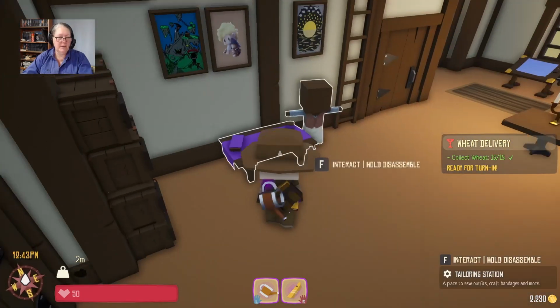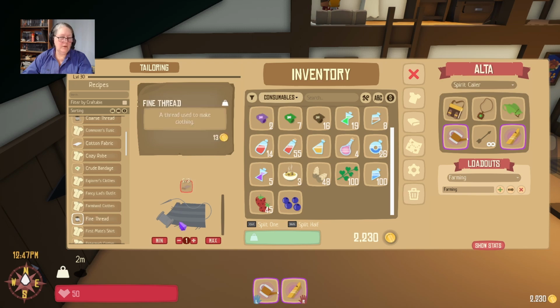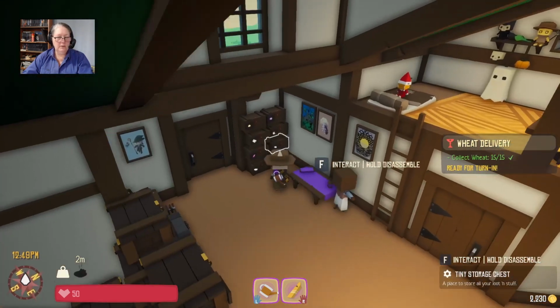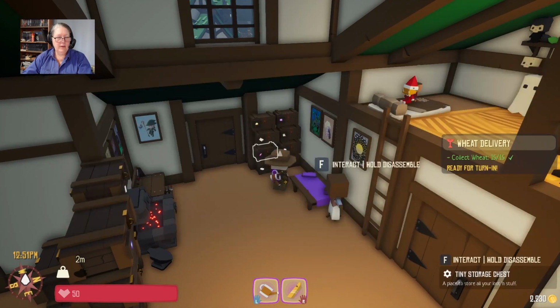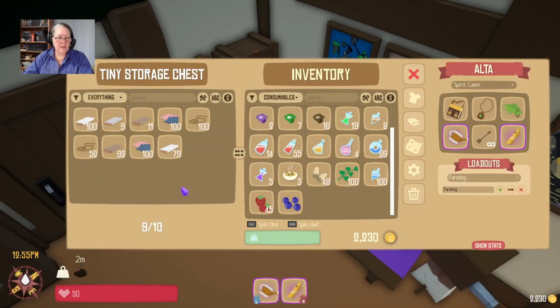Alright, let's see what we need to make some fine thread with. Again, not going to go nuts with it. Okay, I just need wool. Now, where did I put my spare wool? So the crafting tables don't draw from your...